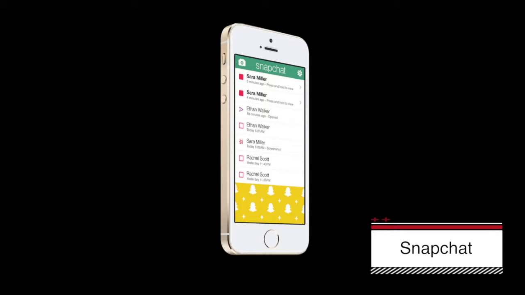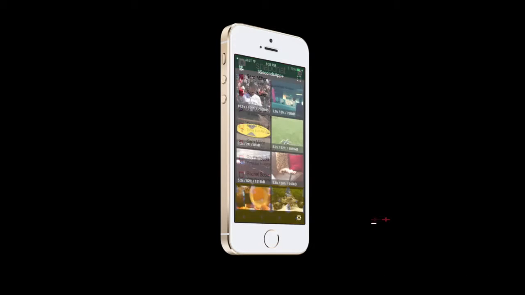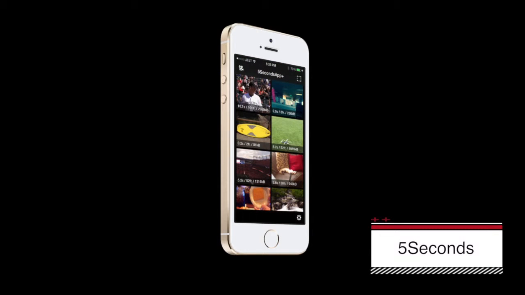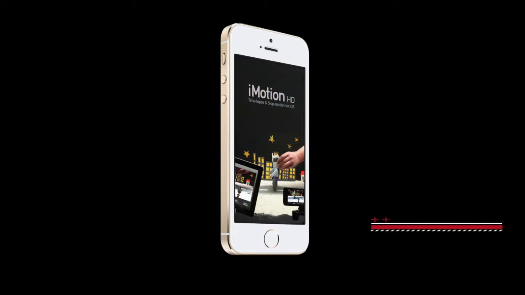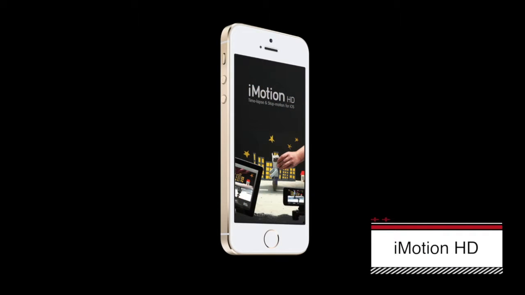So now onto apps. First up is Snapchat. I use this to get information from my audience feedback. I also use a 5 Seconds app to make a GIF of my target audience, which you can see in one of my questions. I used iMotion to do a time lapse, which you can see in the poster of